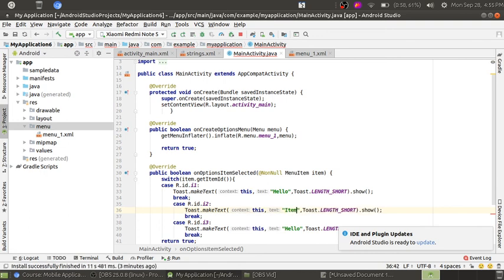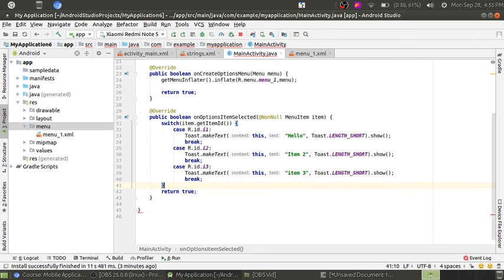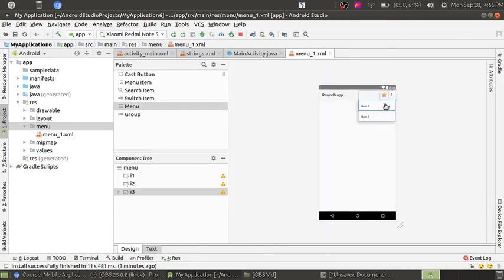This is item 2, this is item 3. This is just a text message on the screen which will show you that when you click on this item, it will tell you that you have selected item 2, selected 3.